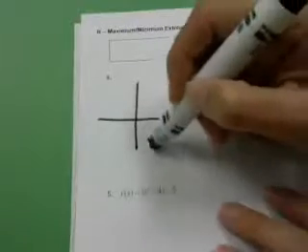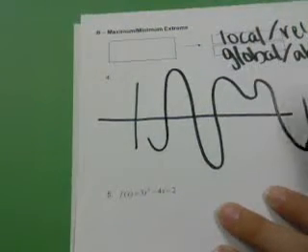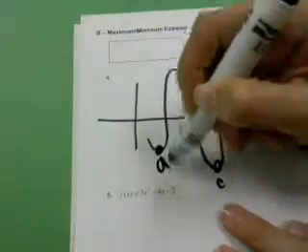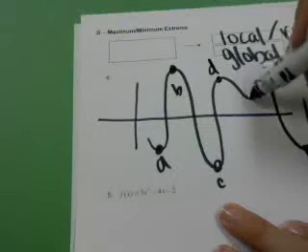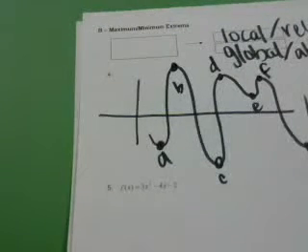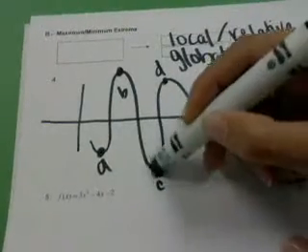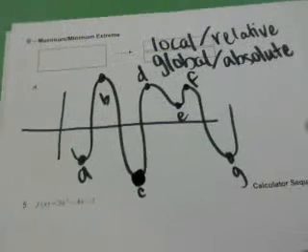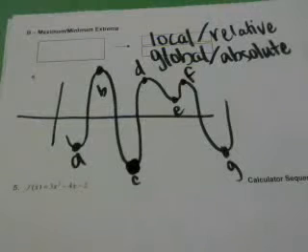If I look at something like this, and I label my points A, B, C, D, E, F, and G. When I'm thinking about what the local and the global are, okay, and I'm going to try to put some emphasis on that being the lowest one. Okay, if I think about local things versus global things, today we talked in class about, if I'm talking about